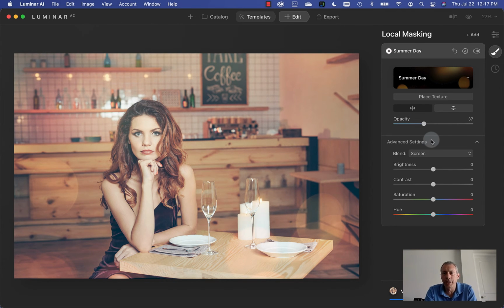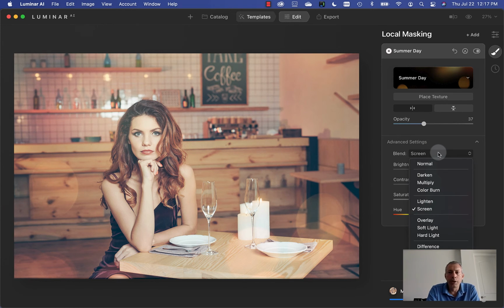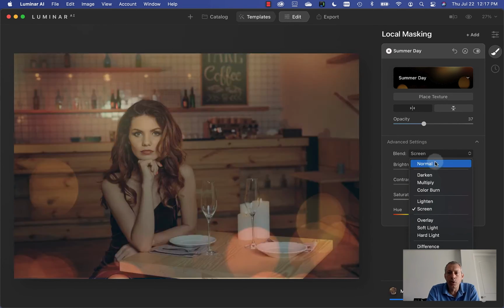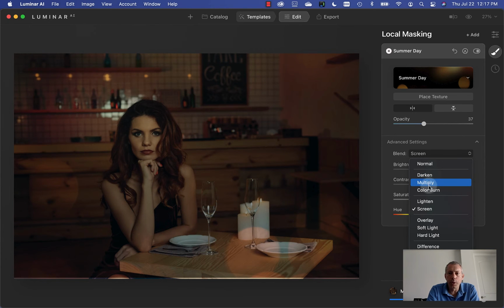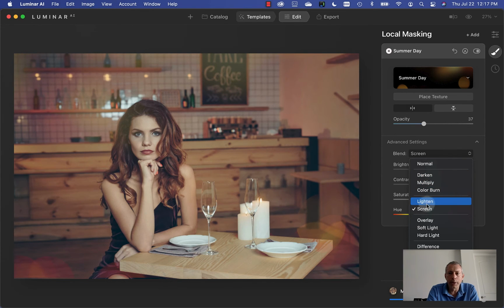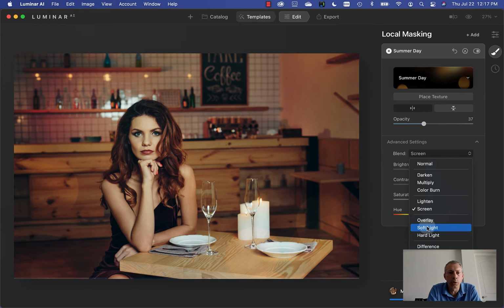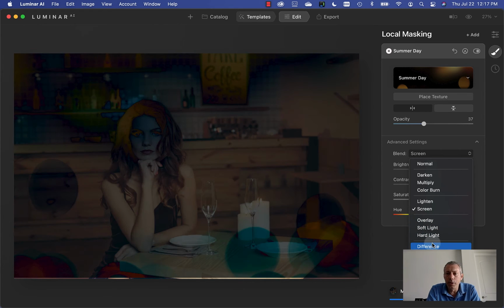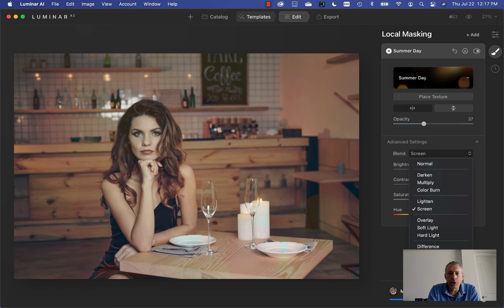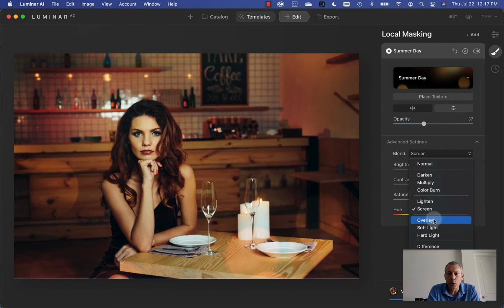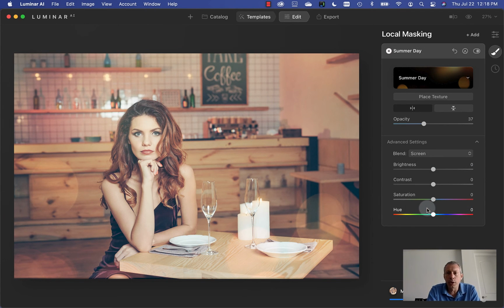I can go into the advanced tool as well, and I can change the blending mode. Typically, the blending mode is going to be the way it should be, but as we run through the blend modes, you'll see how it does change how the texture appears on the screen. So maybe I like it like this with overlay and giving it that very super high contrast look, or something along those lines. Not every blending mode is going to work, but screen actually does work pretty well for this,